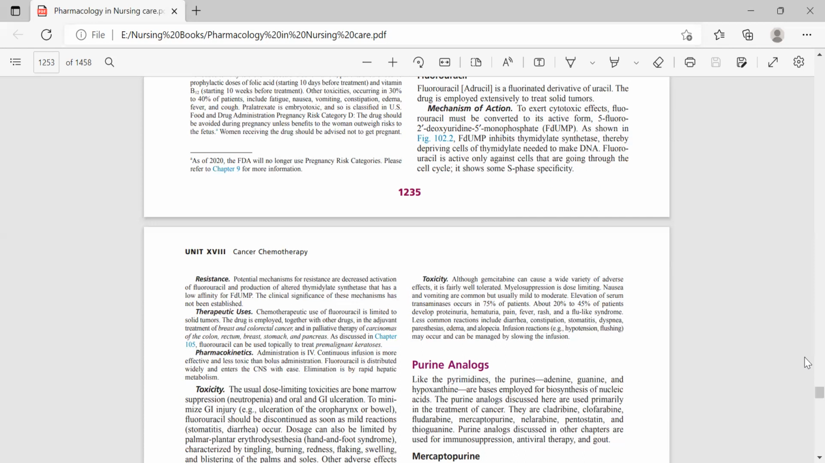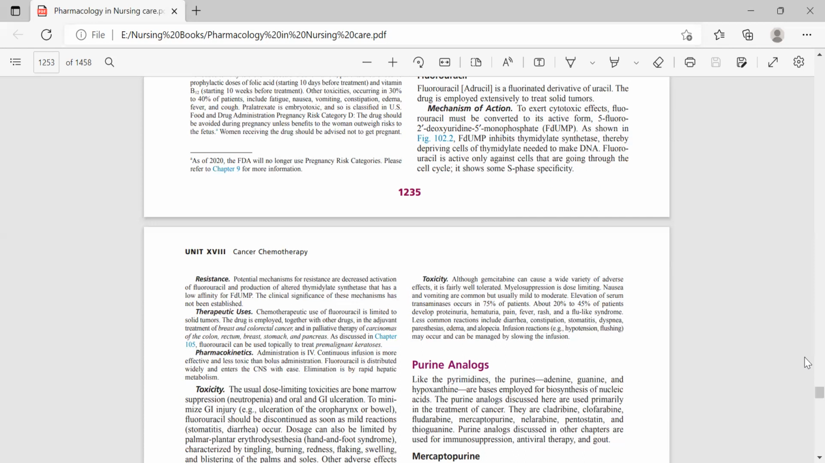As for kinetics, administration is IV. CIV is more effective and less toxic than bolus administration. It is widely distributed and enters the CNS with ease, with elimination by rapid hepatic metabolism. The toxicity includes bone marrow suppression and GI ulceration. To minimize the GI injury, fluorouracil should be discontinued as soon as mild reactions occur, and doses may be limited by palmar plantar